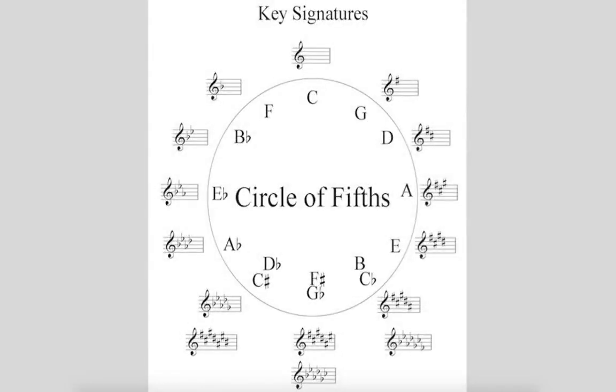Okay, let's say we're writing a song. Let's write a song in the key of G major. Okay, so we're working on our song. It's in the key of G major. I know all the chords I can use, right? Because I use my diatonic chord progression and it shows me all my possible chords that are in the key